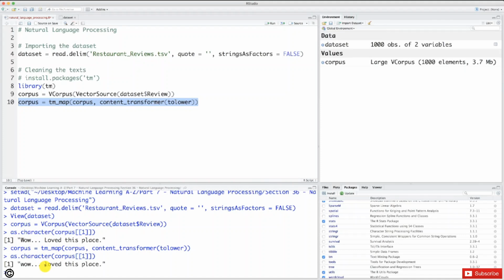Perfect. So first simplification. Now in the final big table, the final sparse matrix, we won't get two versions of the same word, one in capital letter and one in lowercase. We'll get one unique version of the word, and therefore we did the first simplification of our future sparse matrix. So that's the first good thing done, and now we will proceed to the next step of the cleaning process,